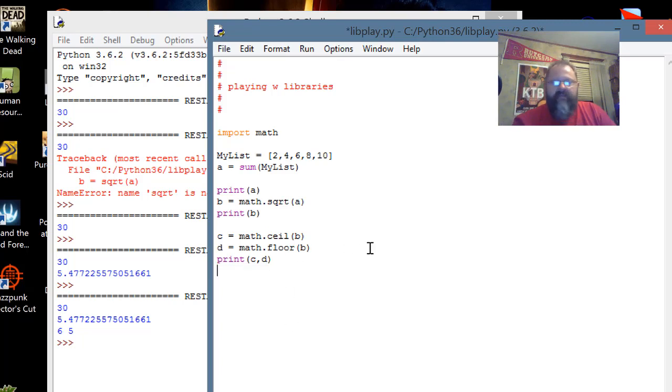Okay? Now, I am not restricted to just the math library. If I want to, in the same line, I can say go grab statistics, and I can make my variable E assigned to statistics.mean of my list. So I give it an iterable, or something it can iterate over and get something. So all those numbers in my list,